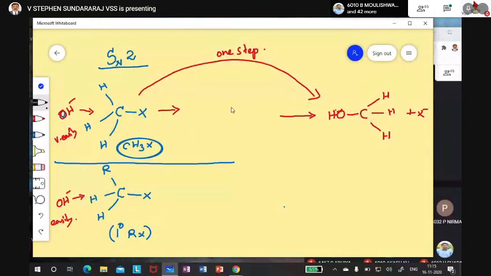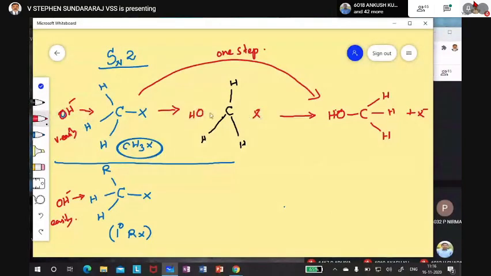This carbon with one hydrogen here, that is the opening of the umbrella. Consider it as a plain line. So this is a thing that will be coming, and this is a plane. I don't want to show that in dash because some other place I want to use. Now this OH, and this side is X, Cl or Br.